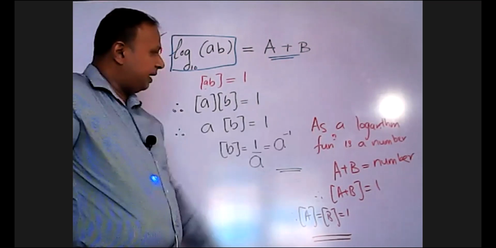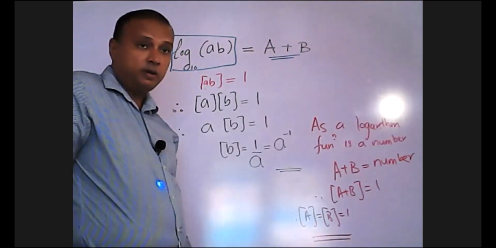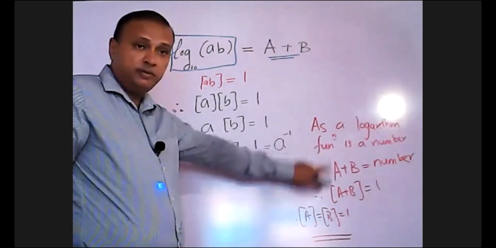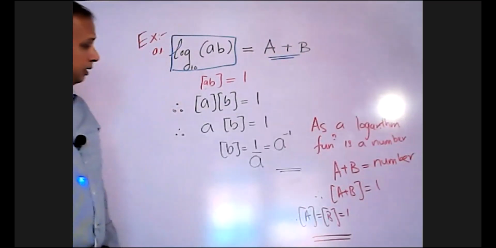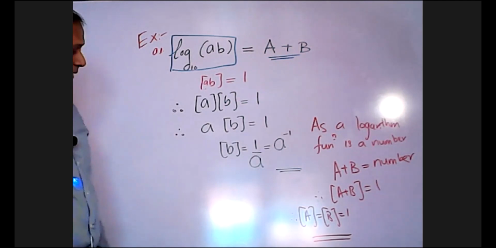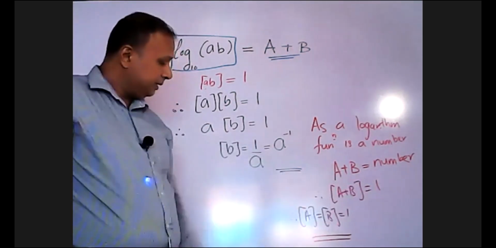After this one, a logarithm function is a number. A logarithm function is a function, it's a number. A plus B is equal to a number. Therefore, the dimension of A plus B is equal to 1. That means